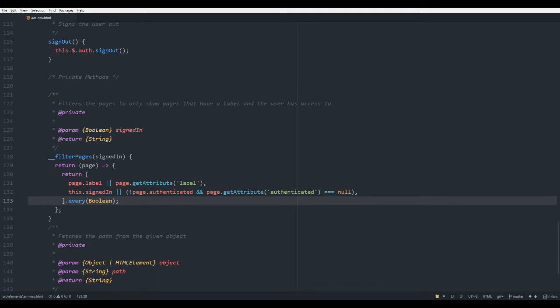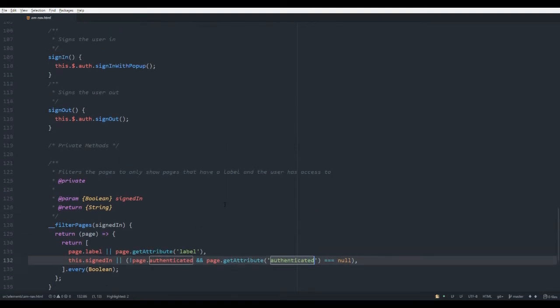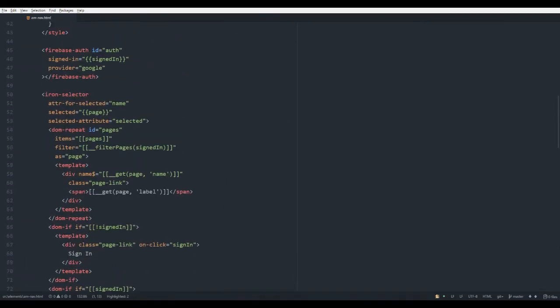And from our app pages, you saw that test element that I had injected with the flag authenticated on it, which will fall into this case here. So that one shouldn't show up unless we are signed in. And we'll see that functionality here in a second whenever I actually run this. For now, let's hop back up to the top section. So it's just standard iron selector. We're going to be selecting on the page, and I'll show you where this is bound here in a second as well. Then we DOM repeat over all of the pages, and this is what's coming from the app pages,